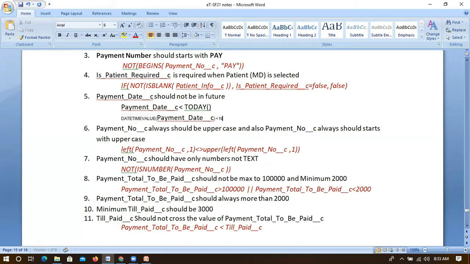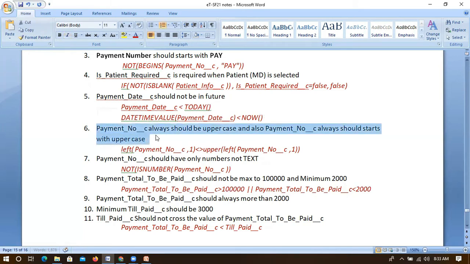But here I should not write today, I have to write now. Now is a date time format. The left side is also a date time format that I converted, so now it will be working. Either the first one you can use or the second one you can use. If you are using the first one, it is a date format. If you are using the second one, it is a date time format.